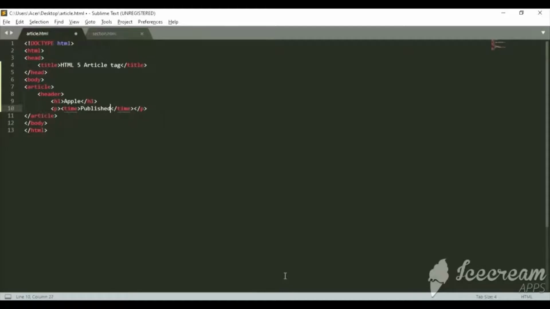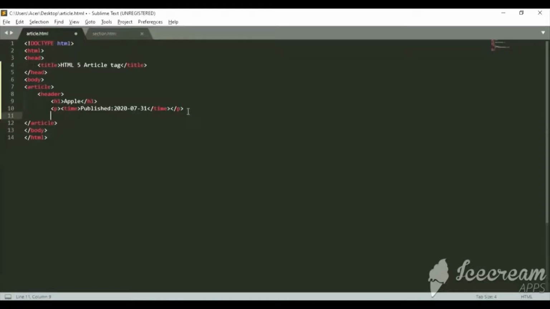So today is 2020 0731. So guys, this will display the published date of your article or any blog post that you are using inside the article tag.